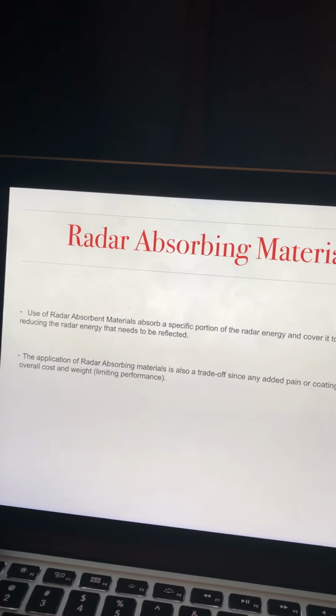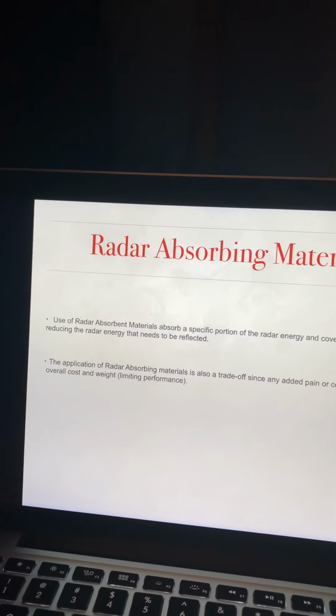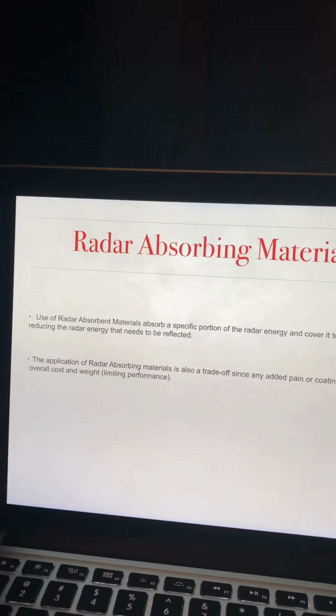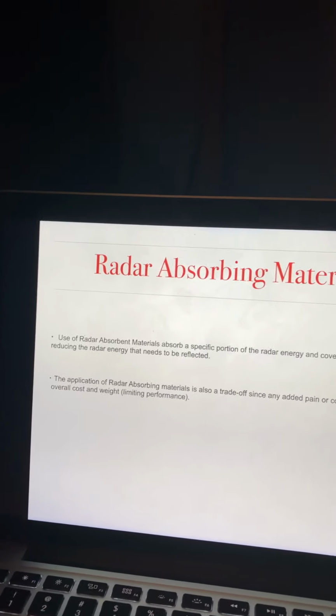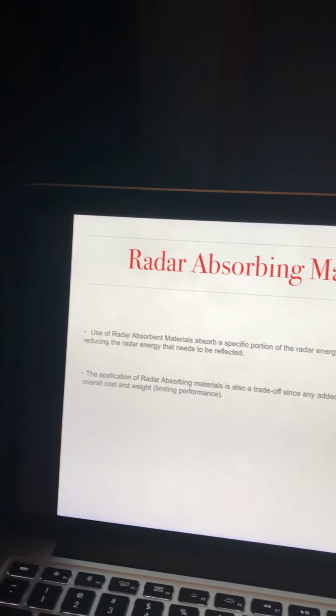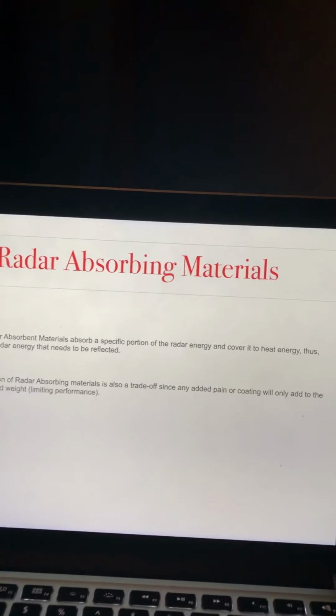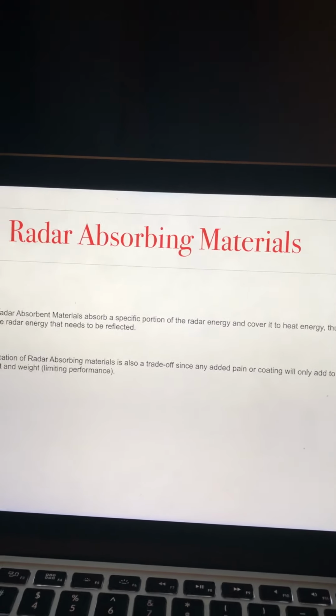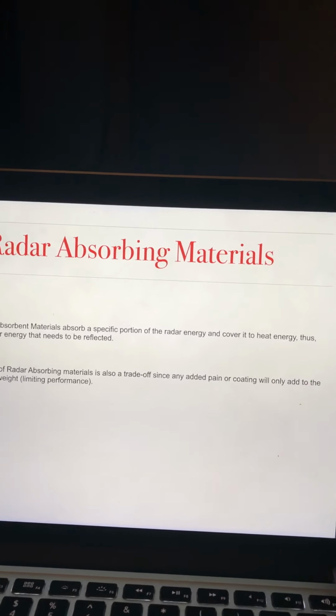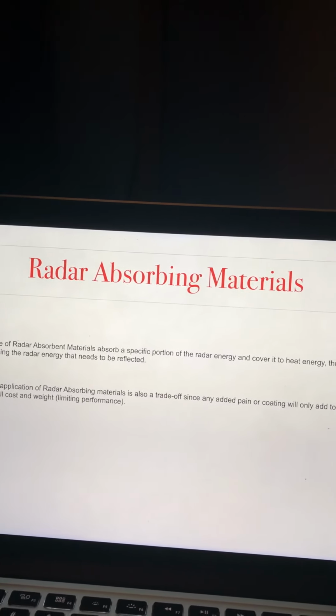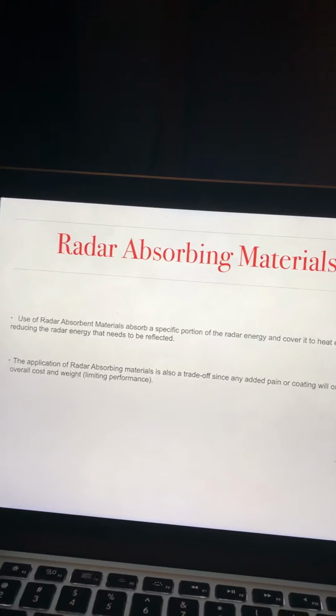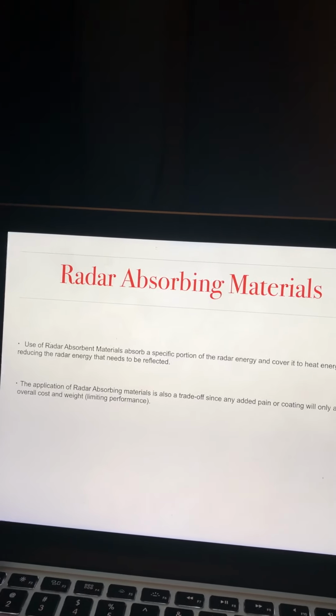It's also important to know that these materials don't absorb all the radar energy but are rather a supplementary approach to reducing the total RCS. It works like a supplement. And the application of RAM, or radar absorbing materials, is also a trade-off, which is the part of the whole systems engineering that comes into play, because they added paint or coating,